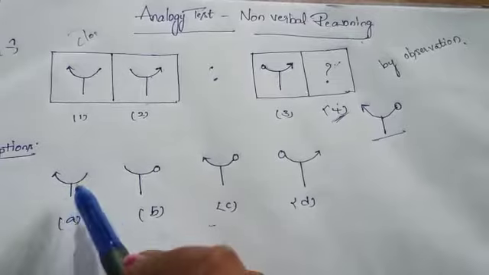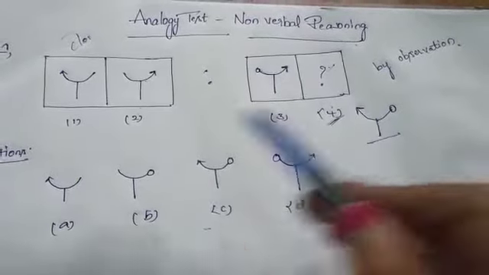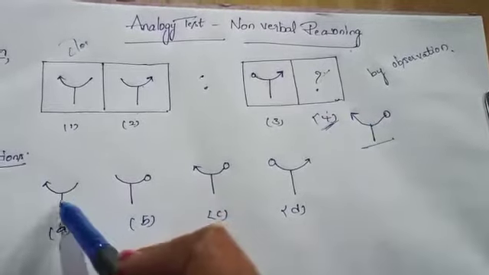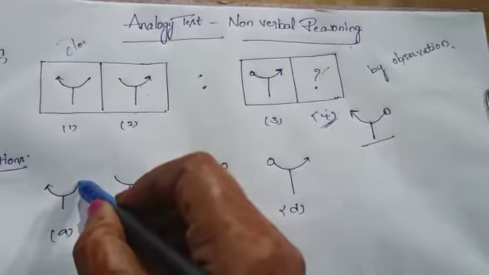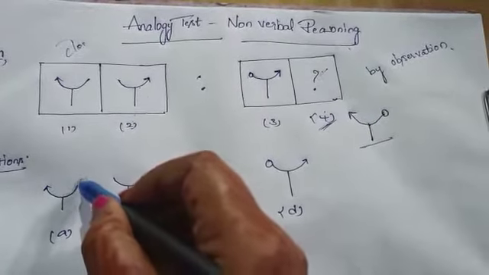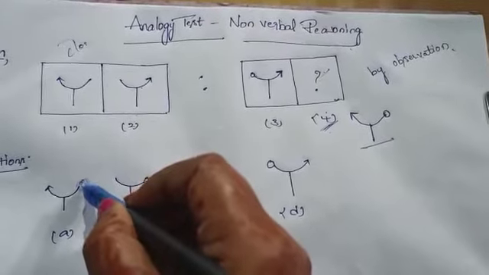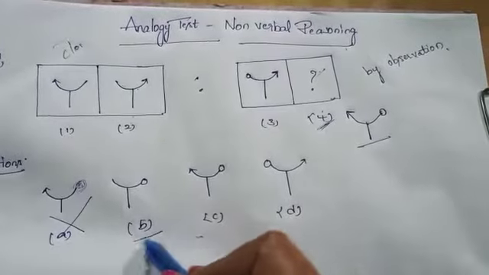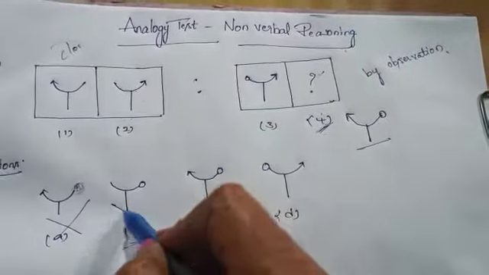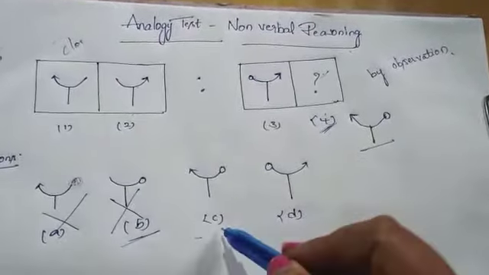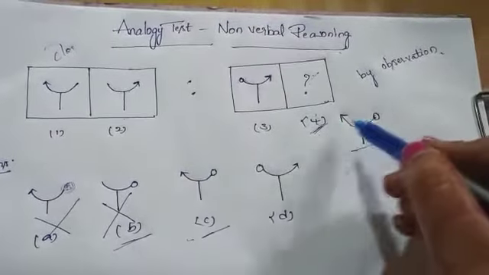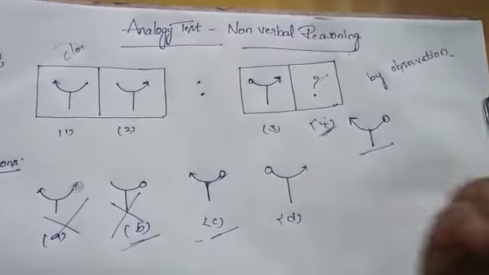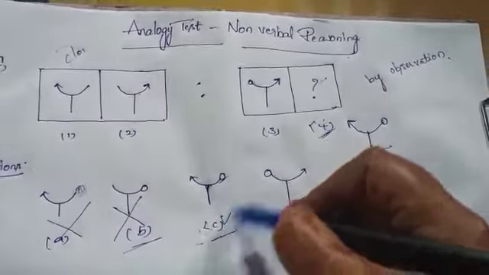See the options. In the first option, the arrow is the same, and the line is okay, but the bubble is missing. The dot or bubble is missing, so option E is wrong. See option B, the arrow is missing, so option B is wrong. Option C has the arrow, bubble, and line, so option C is correct.